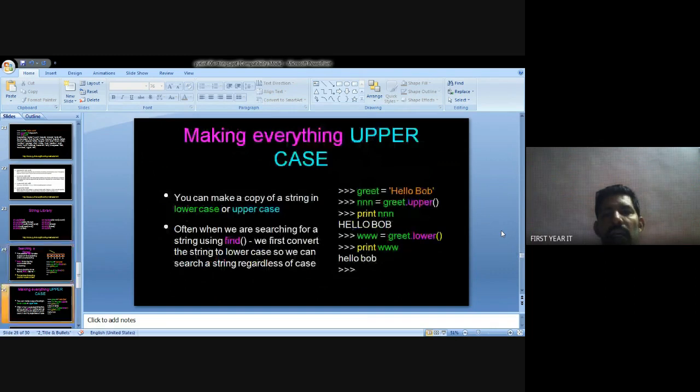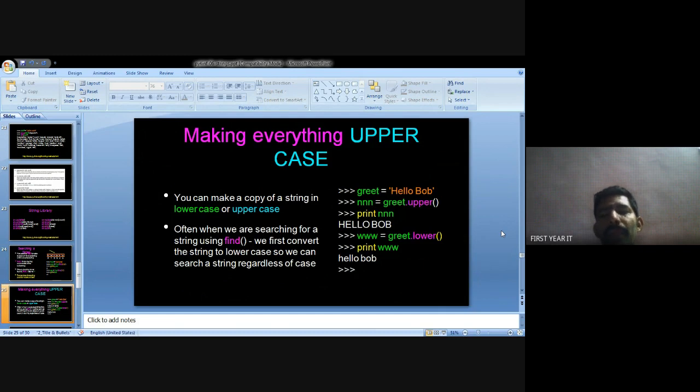Next, uppercase. Greet equals hello Bob, so the greet value I defined is hello Bob. NN equals greet dot upper. If we convert to uppercase and print NN, it shows HELLO BOB.